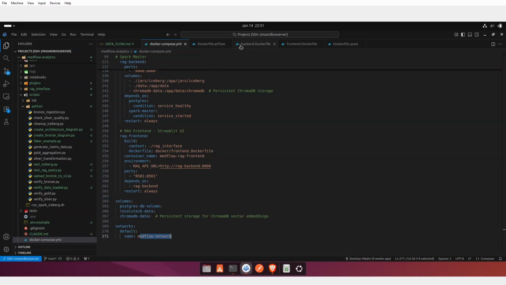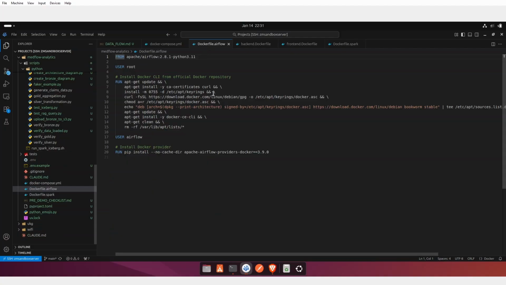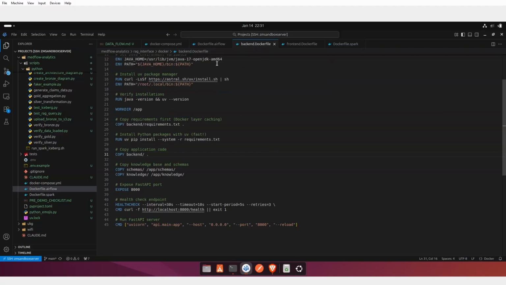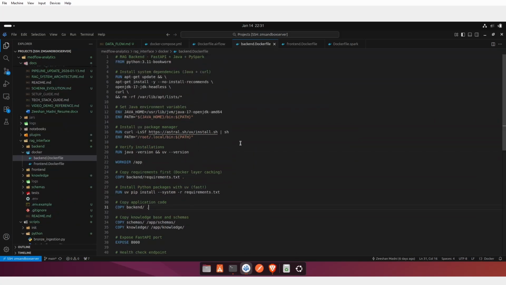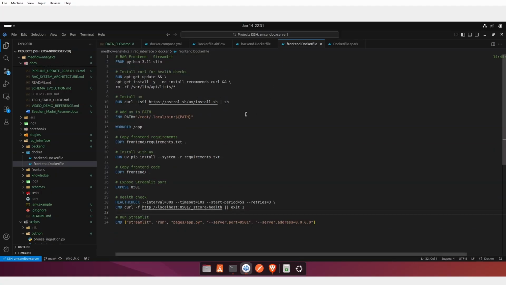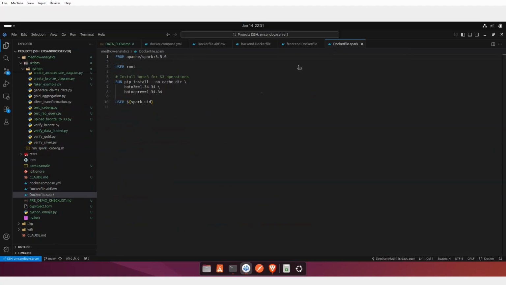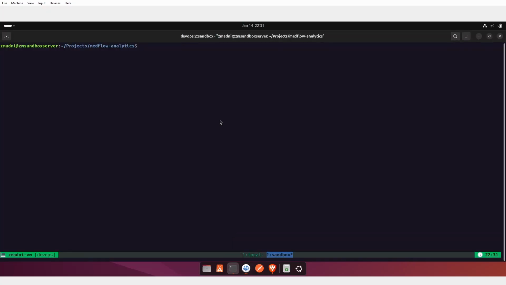Then there are these individual Dockerfiles as well that are used within the compose.yaml, which I'm not going to go through each and every one. But again, there's one for Airflow, there's one for the backend, the piece of this around the FastAPI, a front end for Streamlit, and then one for Spark. So having said all that,